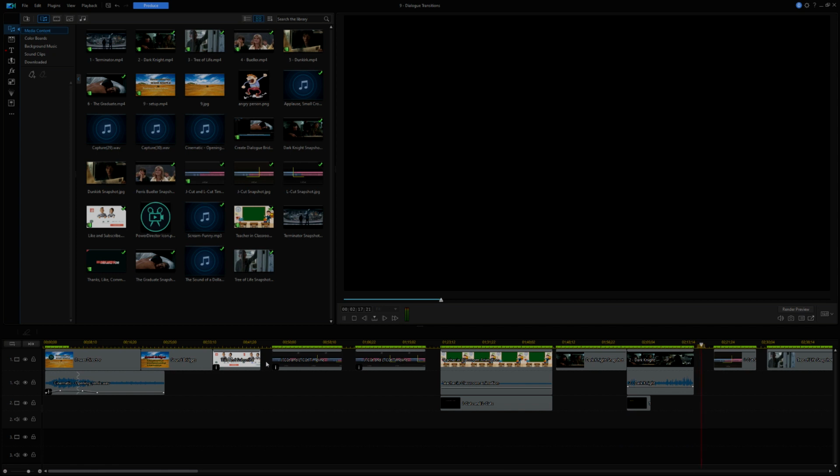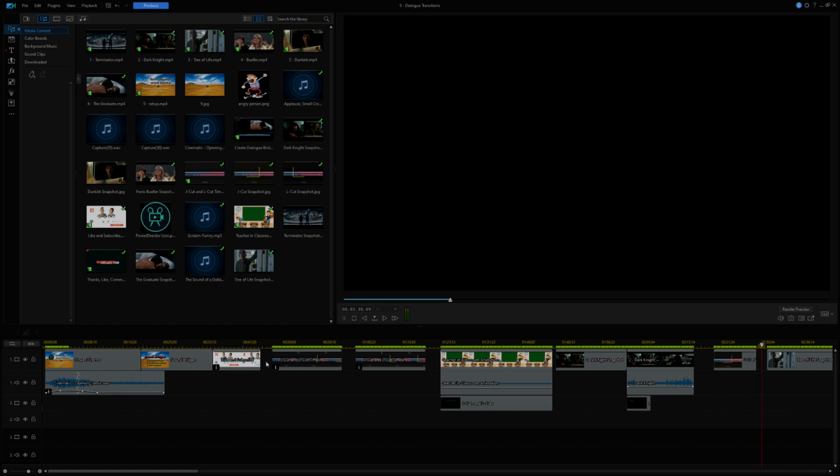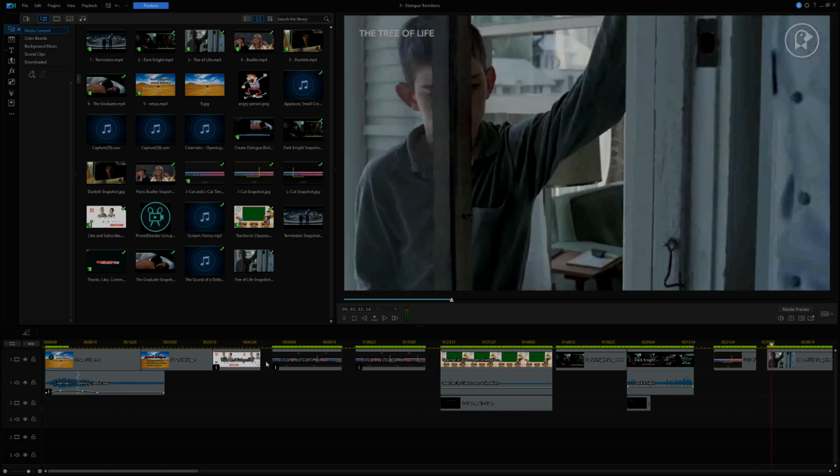So, how about this transition? Was it a J-cut or an L-cut? Because the laughing was coming from the next scene while the first scene was still visible, this makes that a J-cut. In this next example from the 2011 movie The Tree of Life, listen to the voice of the child